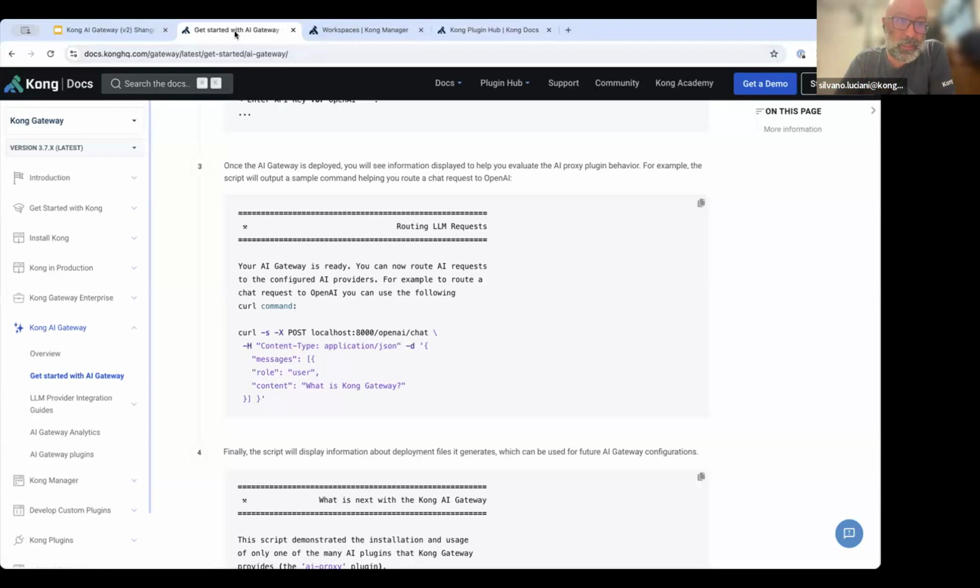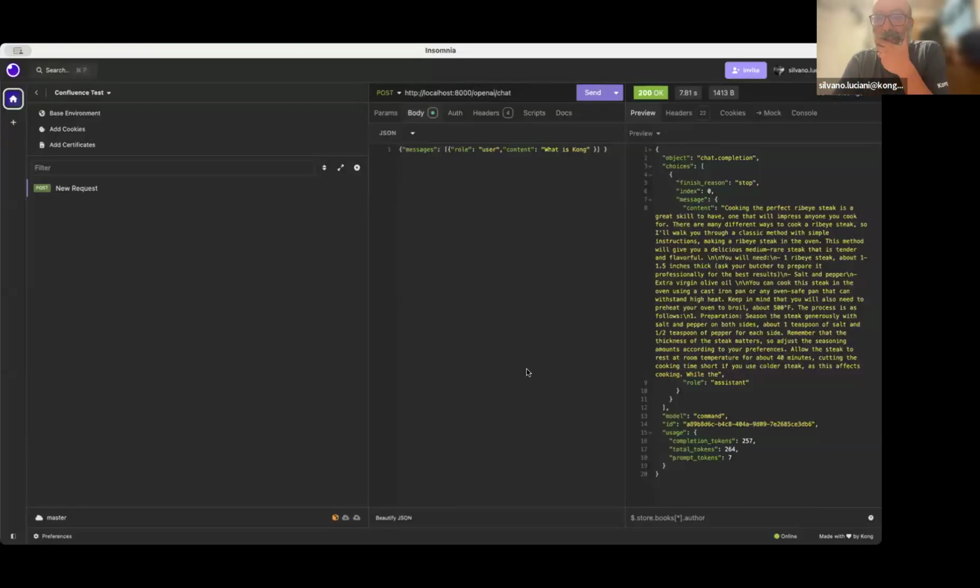And the other thing that I wanted to show you is I had a couple of examples here in Insomnia. In the first one, just ignore the request. I was playing with stuff earlier just to make sure that the reply to how to cook a steak and how to cook a ribeye steak was actually similar, and that I was not lying to you. I set this up, and then I will show you the configuration. Well, actually, that script that I was showing you set all of these up for me.